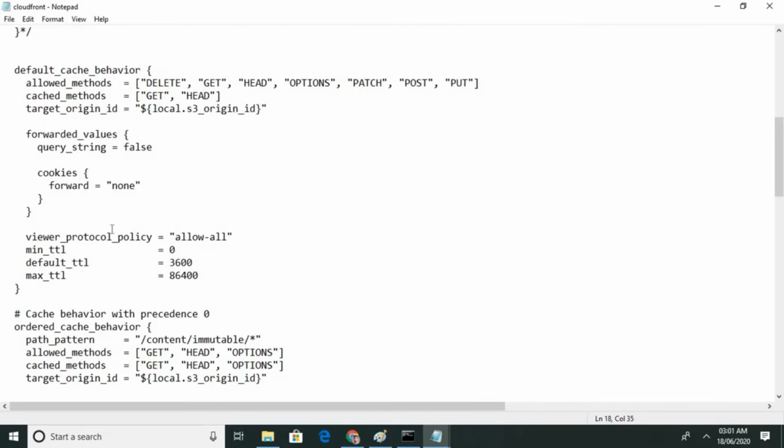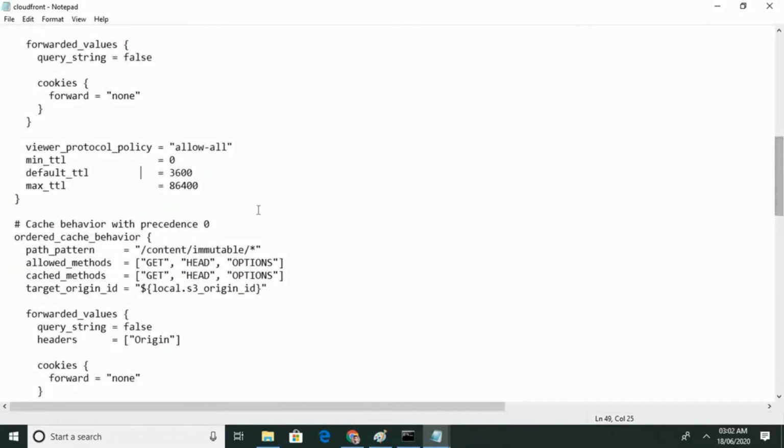And default time to live means the default time is 3600 seconds. These are in seconds, meaning how long this data is going to reside in the cache. These are the policies that we are setting. Maximum time, these are in seconds. Okay, cache behavior with precedence.